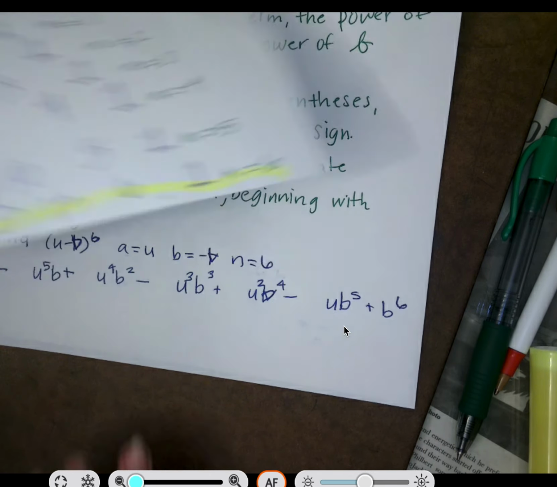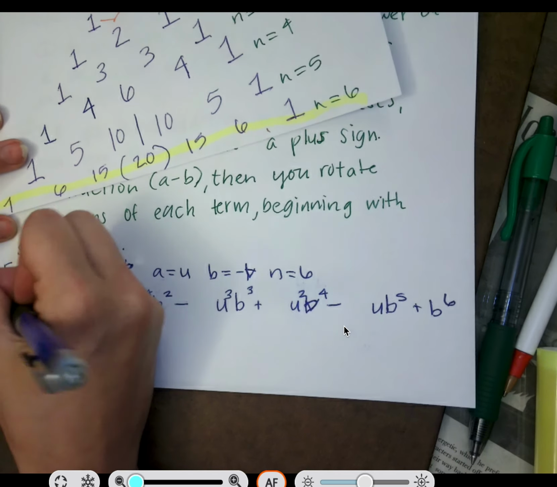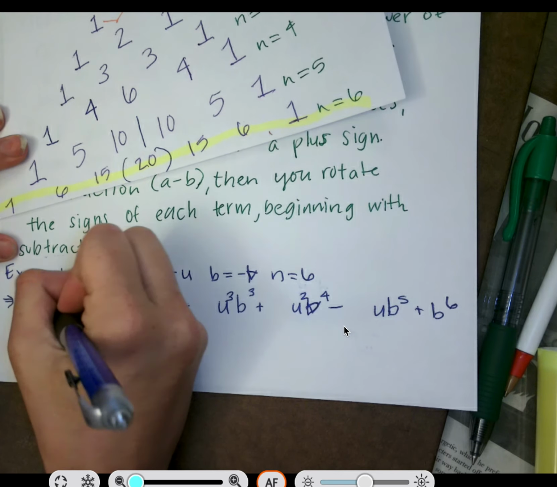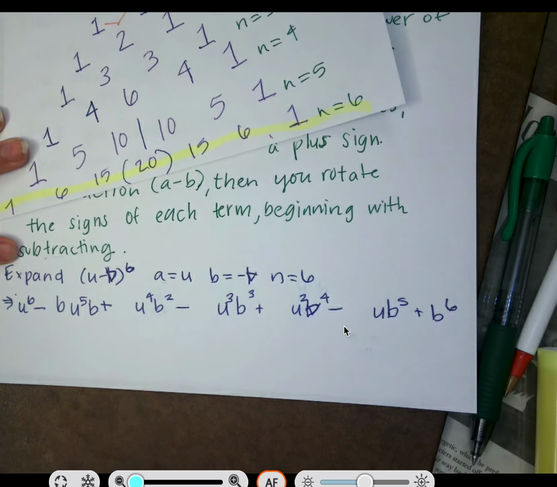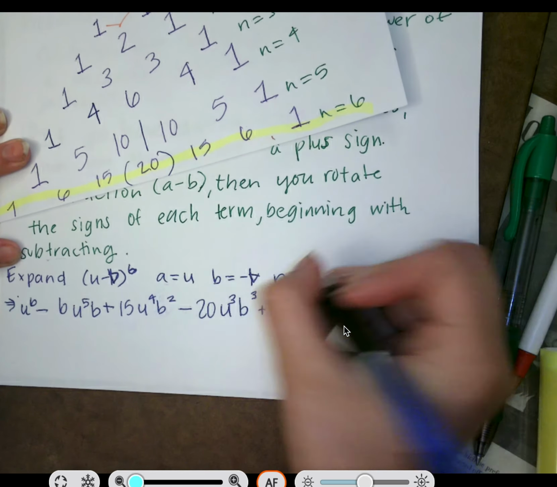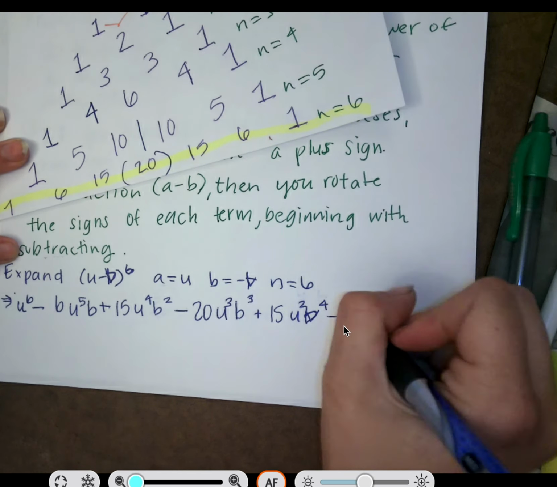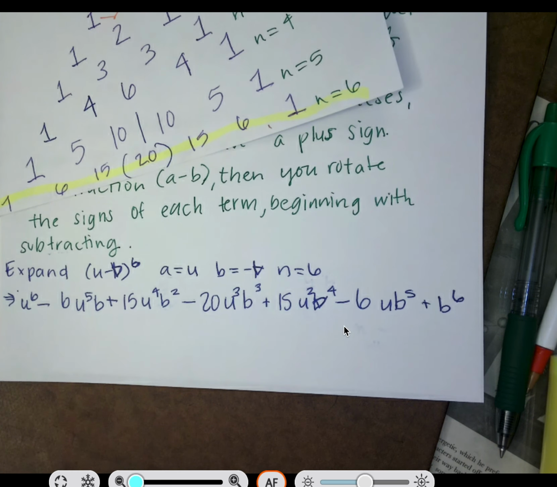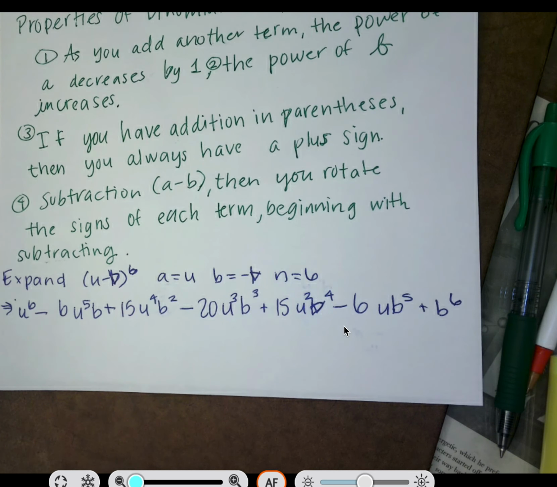All right, so our coefficients are 1, 6, 15, 20, 15, 6, and then 1. My 6 and b's look pretty similar, so we'll probably stray away from using that as an example. All right, now let's look at an example when we have numbers and not